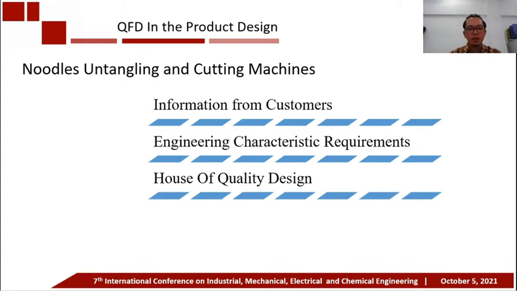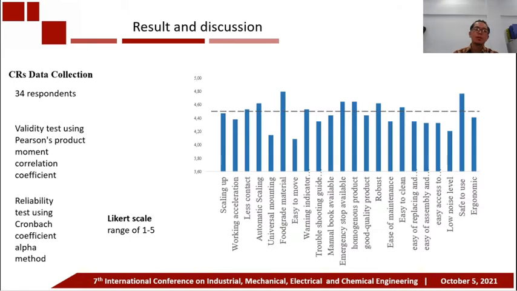This is the QFD in product design of the noodle untangling and cutting machine. The first step is gathering information from customers, the next is making engineering characteristic requirements from experts, and the last is making the house of quality design. This is the graphic of